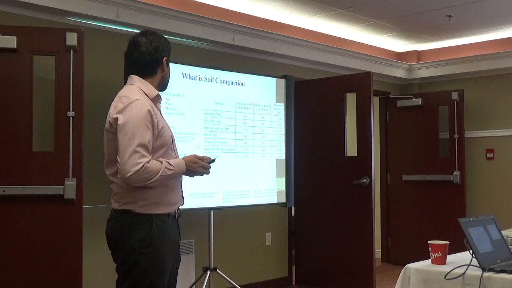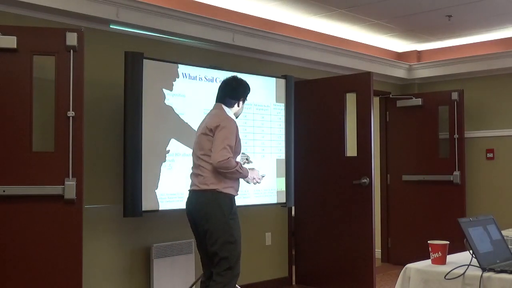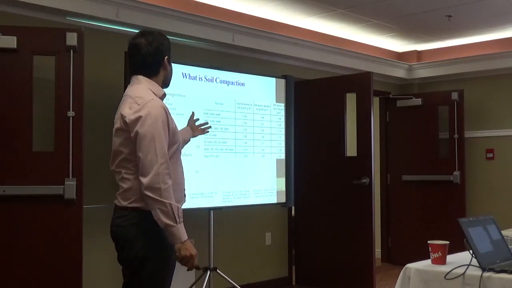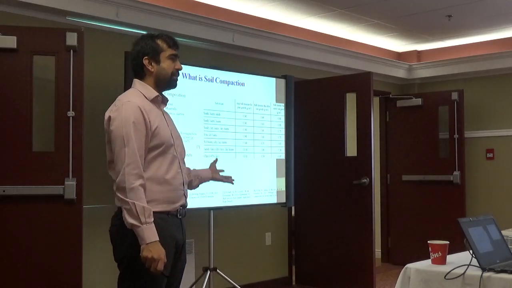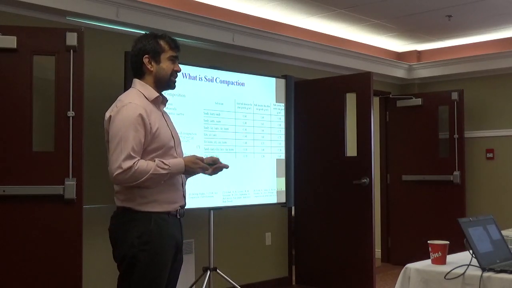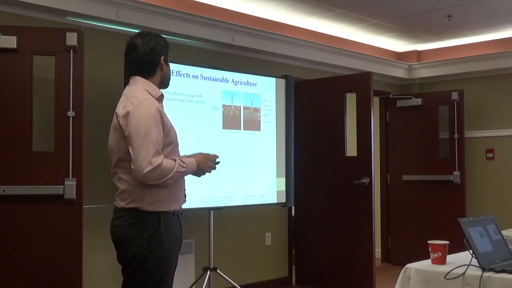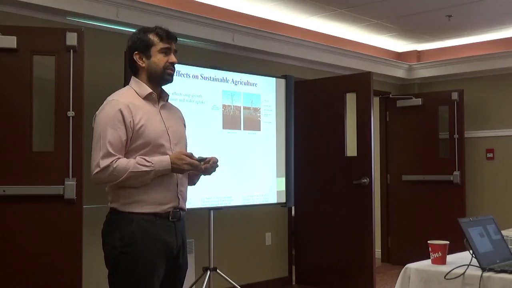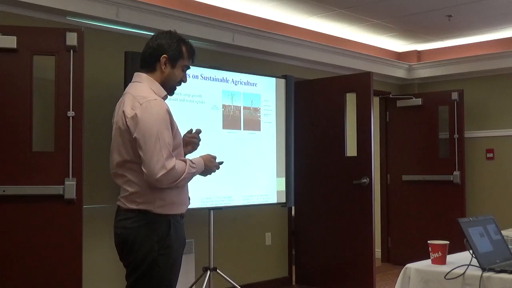Now if you look at this chart, the ideal bulk density for plant growth varies for different soil types. It can vary from 1.1 to 1.6, so that's more of an ideal range. But if our numbers are higher than that, we are potentially looking at compaction, depending on the soil type. Compaction can have an impact on root growth, the root penetration will be an issue,